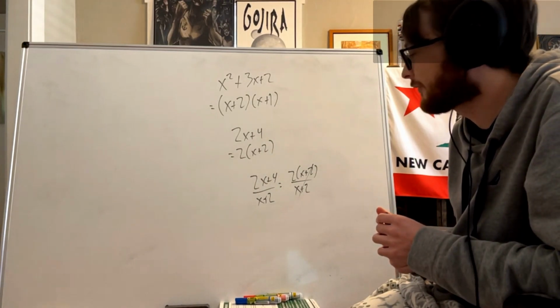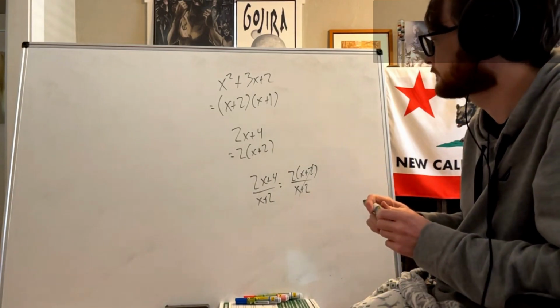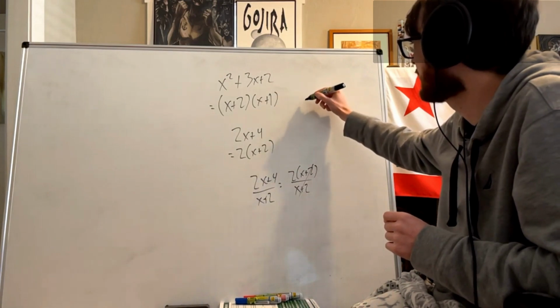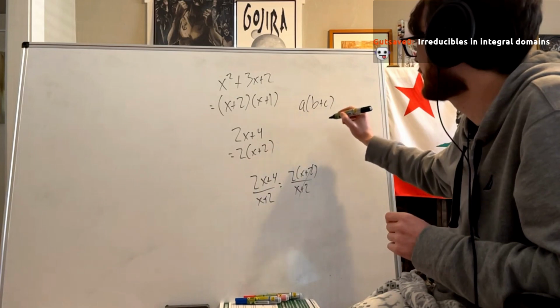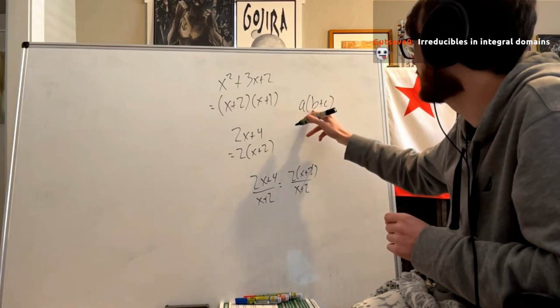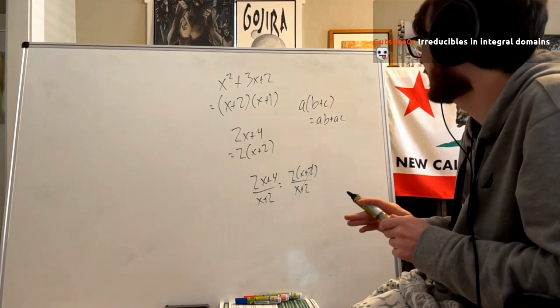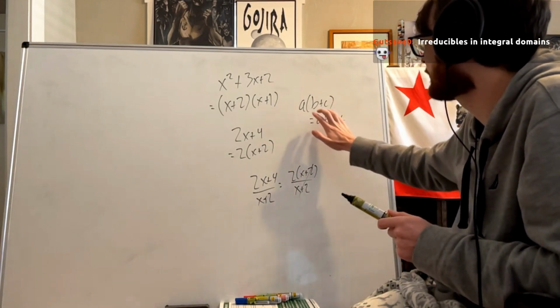And it all relies on something called the distributive property, which is basically if you have the situation A times B plus C, the distributive property says that the A gets distributed to the B and the C, so it's equal to AB plus AC. And factoring is the reverse direction of this. When you go from this back to that,